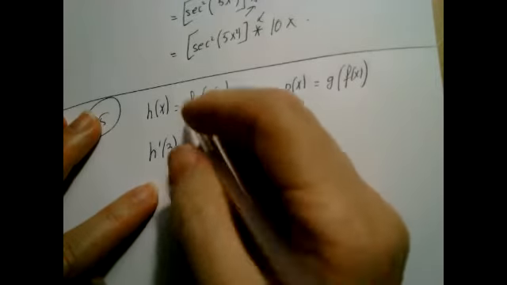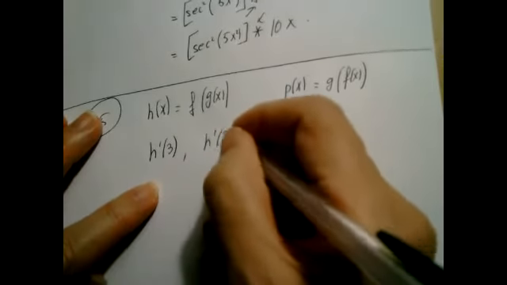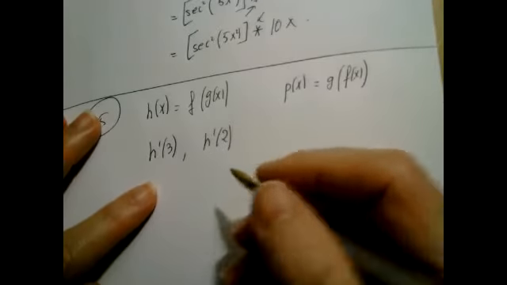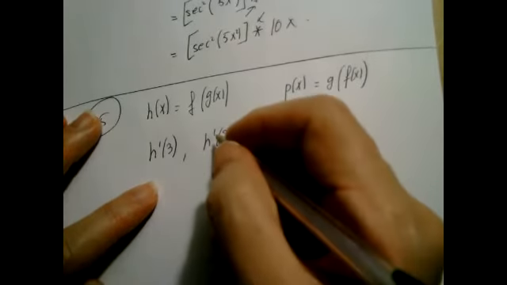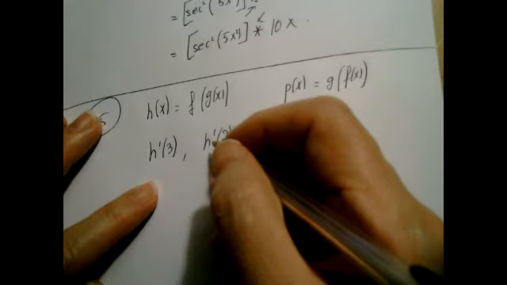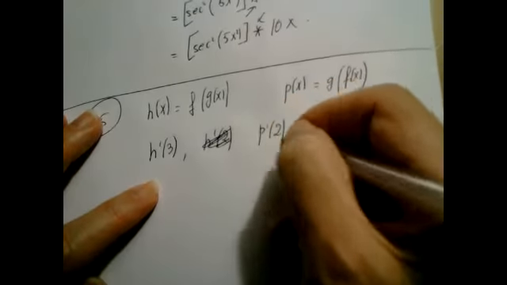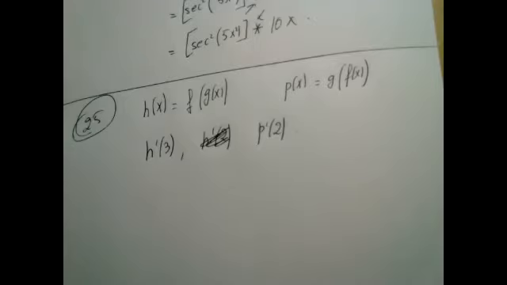and they want us to find h prime of 5. No, your question is D. And they want us to find p prime of 2. They are all the same. Once I do two of them, the picture will be clear. All right, so